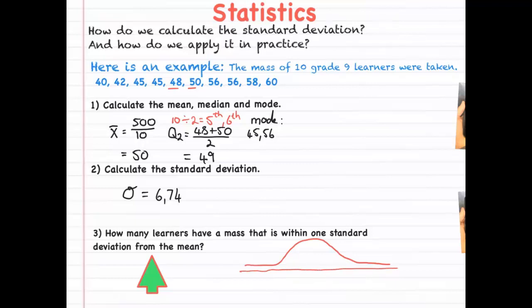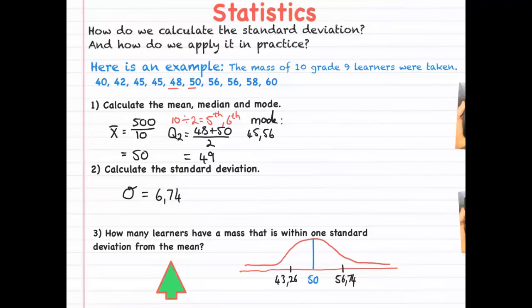And now we know that our average will be right here in the middle, and we know that this is 50, right? Now they are talking about 1 standard deviation. Now our sigma or standard deviation is 6,74. So now we take 50 and we minus 6,74. And if you do that, 50 minus 6,74, you will get an answer of 43,26. So that means 1 standard deviation lower, we end up with 43,26. And if we add 6,74, we're going to end up with